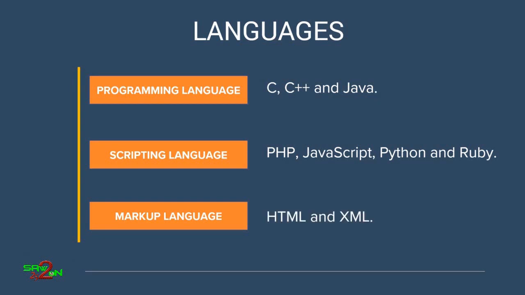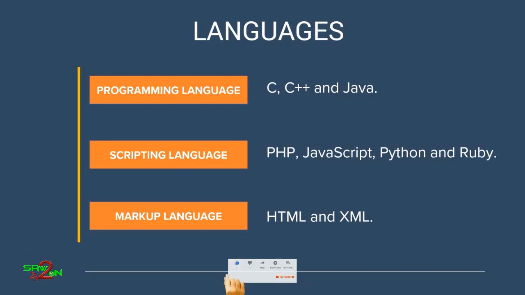The other type of language is called markup language. HTML and XML are markup languages. HTML has a different purpose. HTML is used in the web to link the resources. We're going to learn about what HTML is and all those things. But remember, HTML and XML are called markup languages because the way they write it, they mark up all the details inside the file. And when they mark it, they say what they are marking up. They are marking up to link a resource, to display a content, or to link another file into the server.